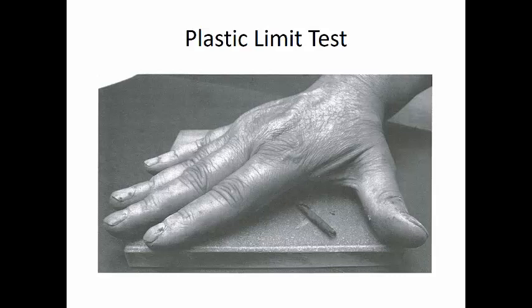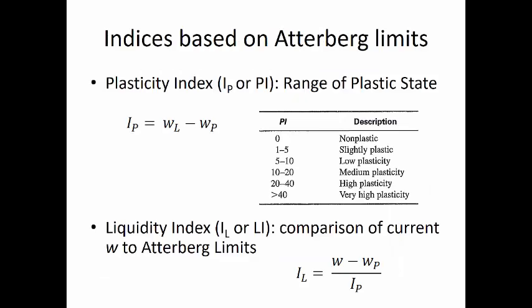You can see the little cracking in it, and it looks like it's on a granite plate. We use glass plates with the rough side up, and I'll show you a picture of that very soon. Once you have that information, where you've plotted the liquid limits versus the blow counts, and you determine what the liquid limit is at 25 blows, then you can calculate the plasticity